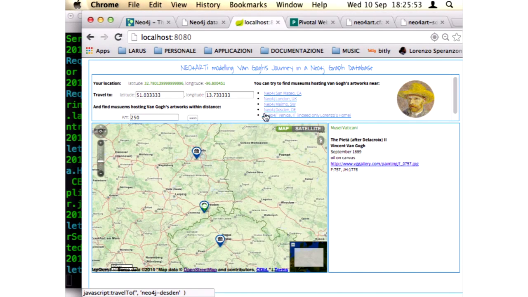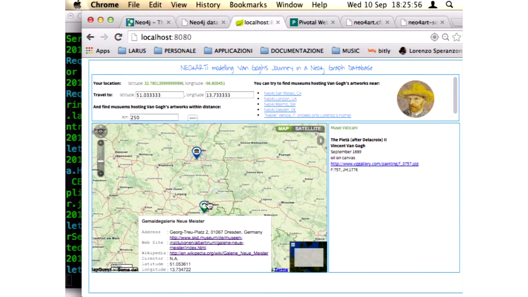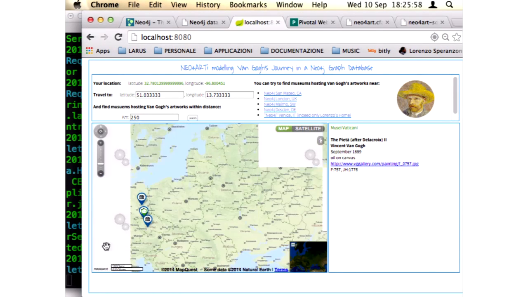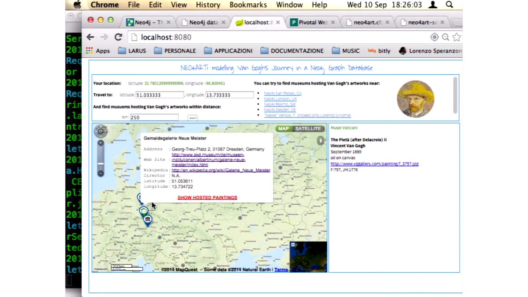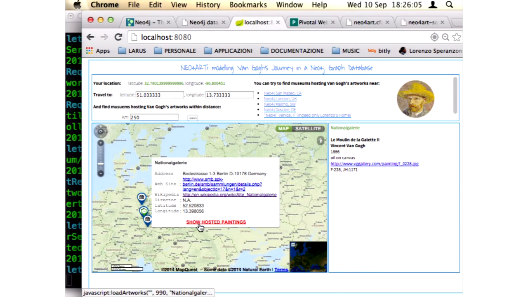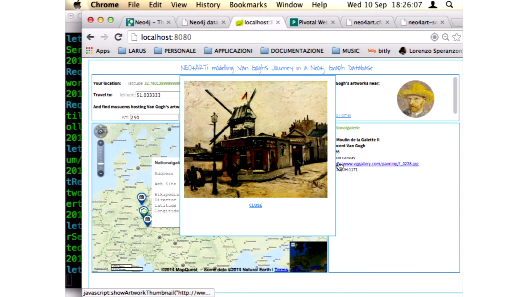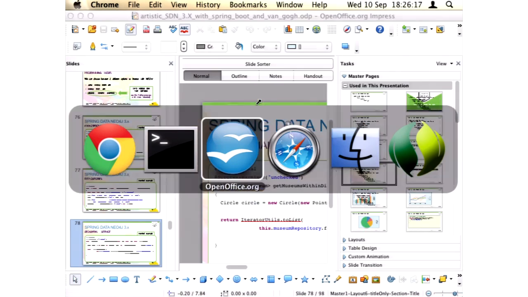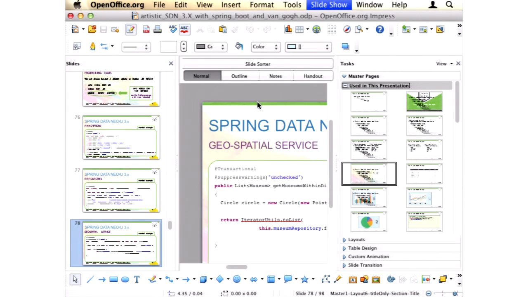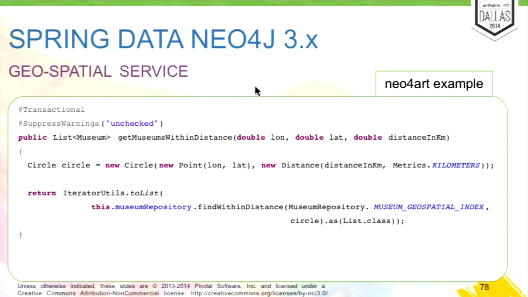While Michael is a bit more luckier than me, because he has a museum here in Dresden. And this is the painting which is hosted, and so on. This is the application that I built to retrieve the artworks and show the museum which hosts the Van Gogh paintings.